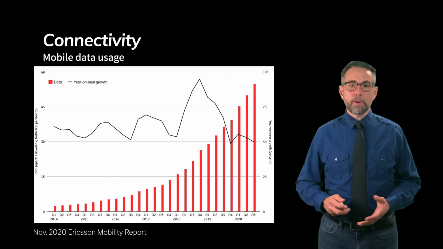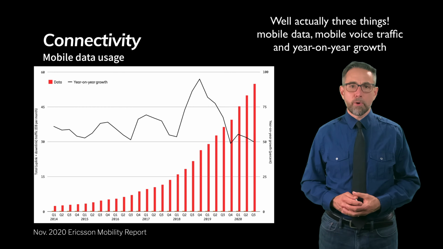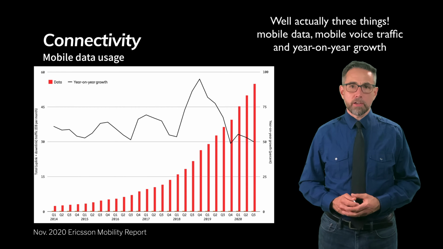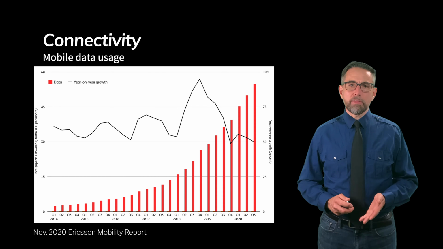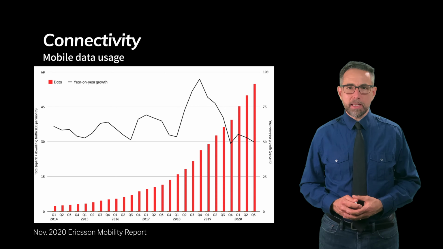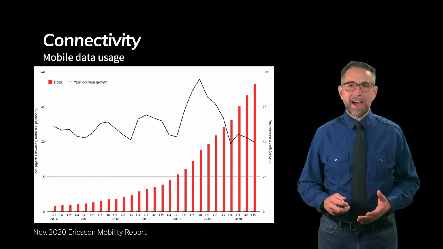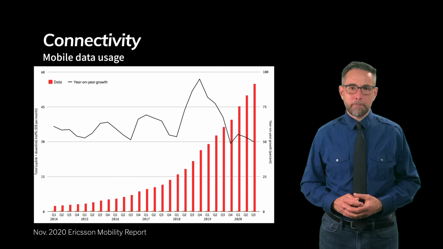So this is actually a graph of 2 things. It's the amount of mobile data and the amount of mobile voice traffic that is currently being used. So in this case, over on the far right is the current. There's no prediction here. The far right is the current. And the axes on the graph are the amount of exabytes that are being transmitted primarily through the mobile data mechanism. An exabyte is 1,000 petabytes. And 1,000 petabytes is 1,000 terabytes.